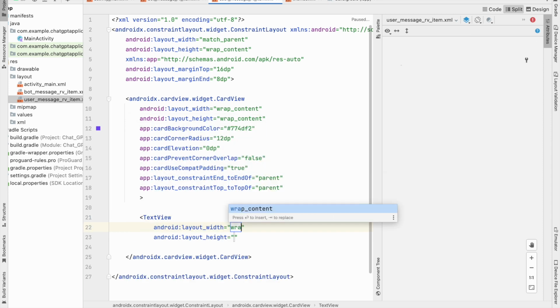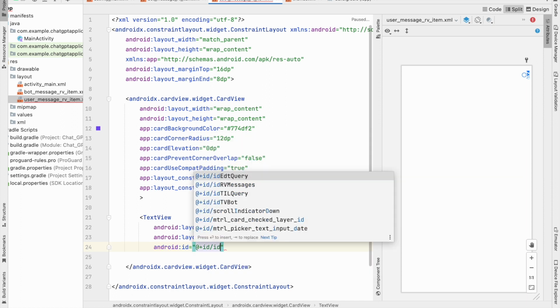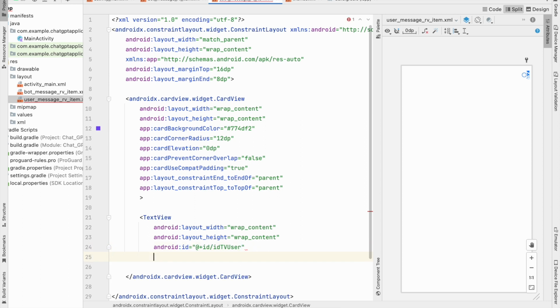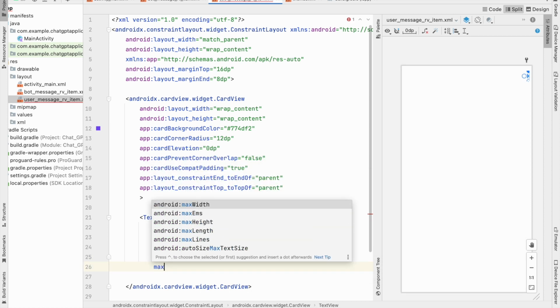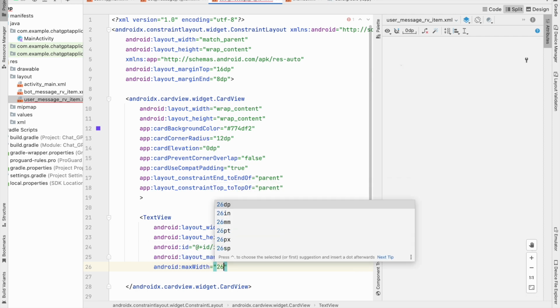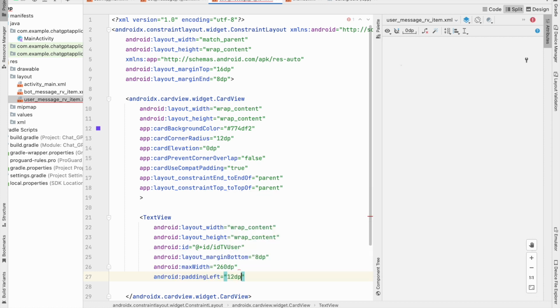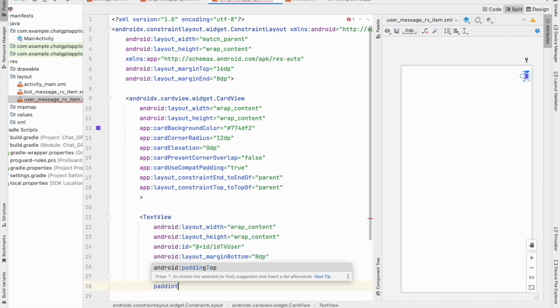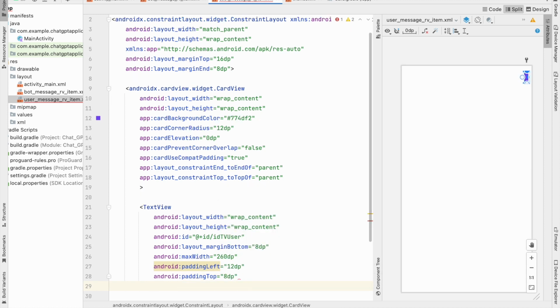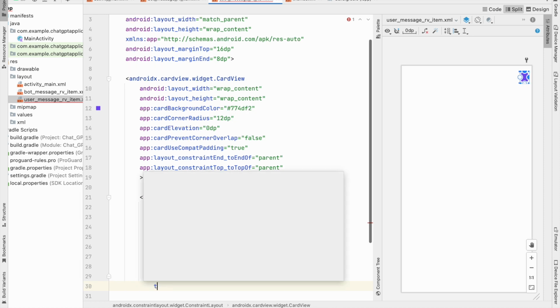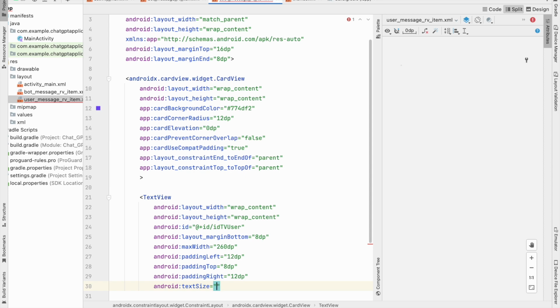Inside this, specifying width and height as wrap content, ID as IDTV user, then specifying margin bottom as 8 dp, specifying max width for it as 260 dp, padding left as 12 dp, padding top as 8 dp, padding right as 12 dp, and specifying the text size as 16 sp,